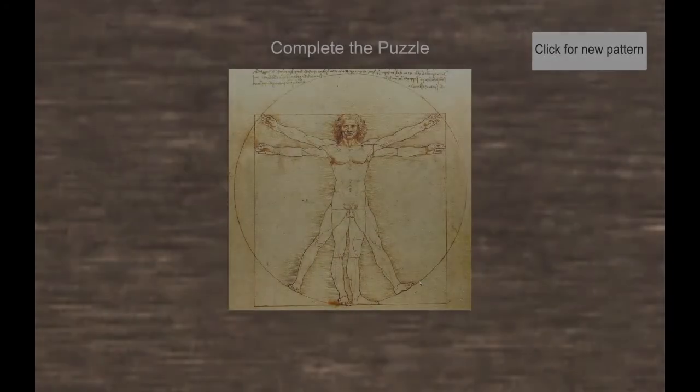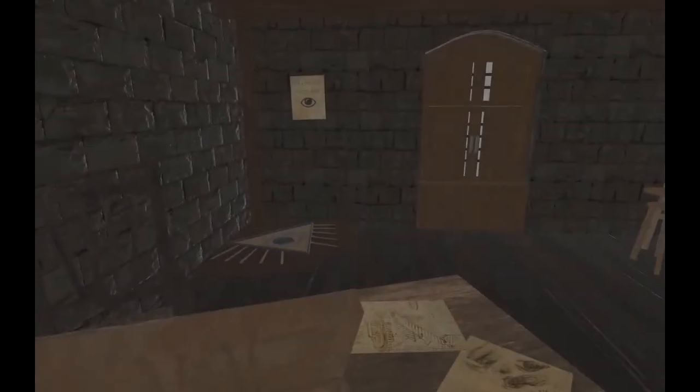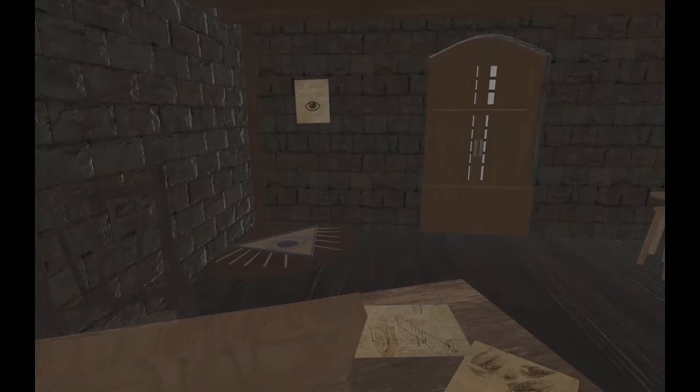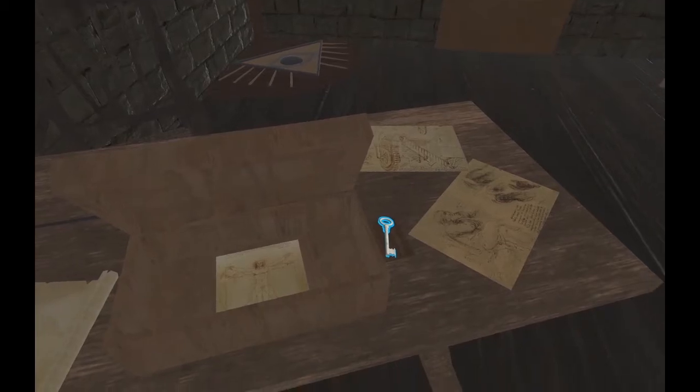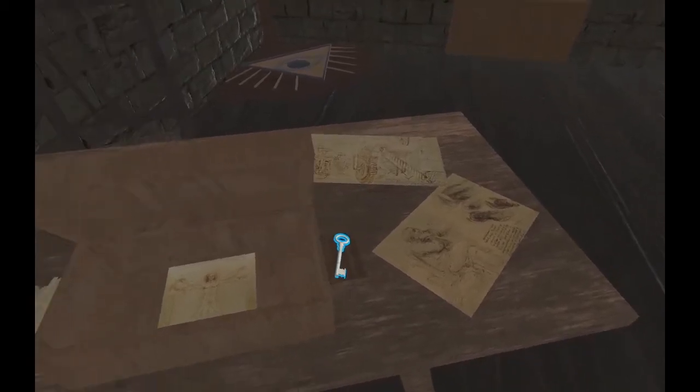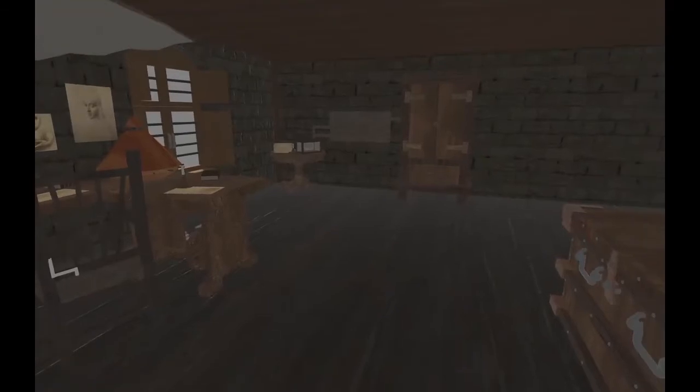And here we go, the puzzle is completed and a gate opens there. We can see there is a sign that says a corner to observe from, and we can also understand that it's an observing place because of the eye symbol. We also are given a key here, and if you remember, we need that key to open this closet back here. Now let's insert the key,